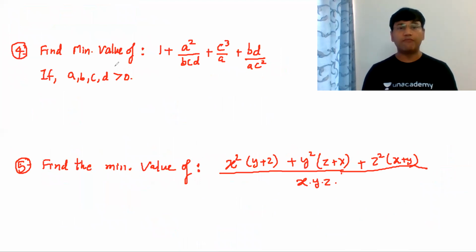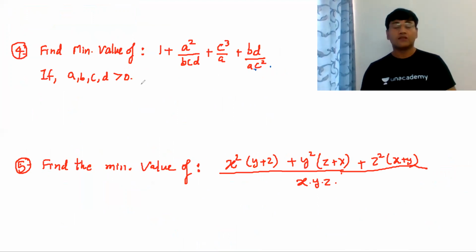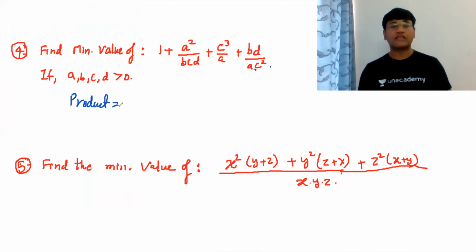Now we have to find the minimum value of this. Now यहाँ तो आप बोलेंगे कुछ भी नहीं दिया हुआ कैसे निकालना है. But guys, इसको ध्यान से देखिए. The rule is that if product is given, sum is minimum and all are equal. So product of these numbers will be 1. Everything will be cancelled. We will be left with 1 only. So product of 4 number is 1.